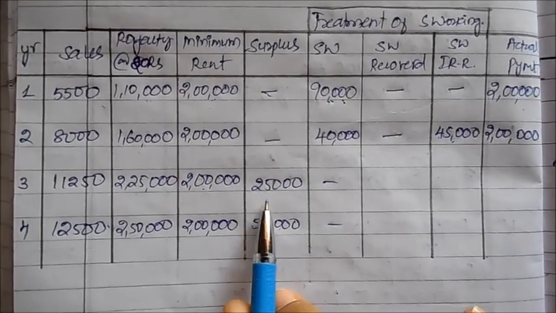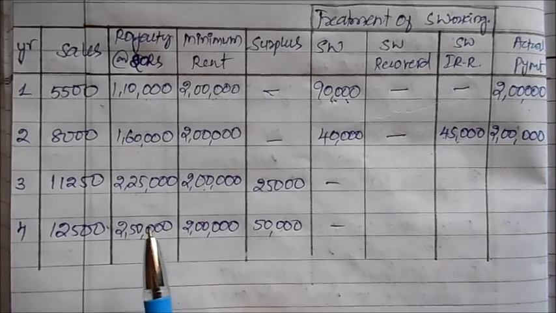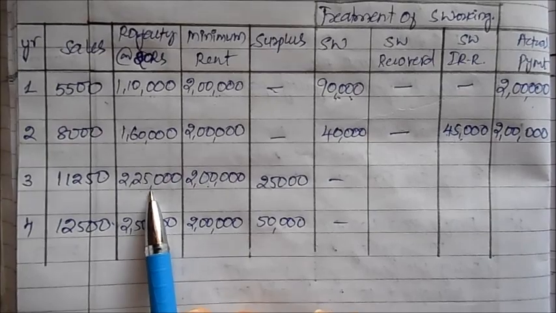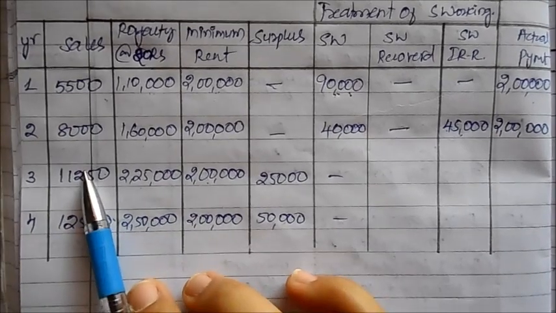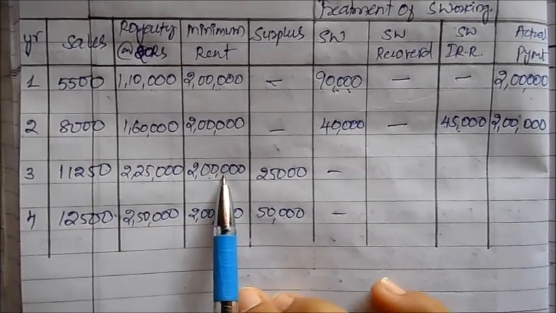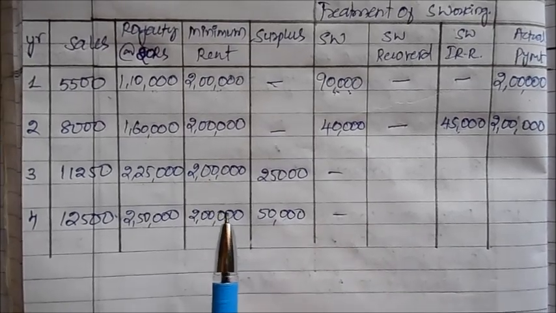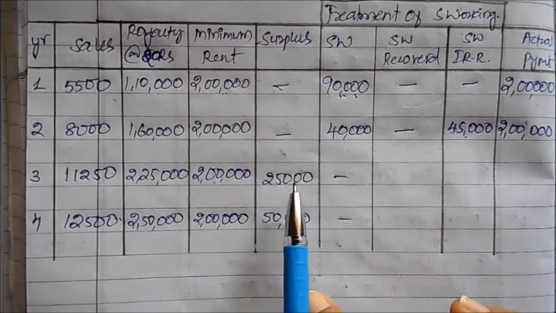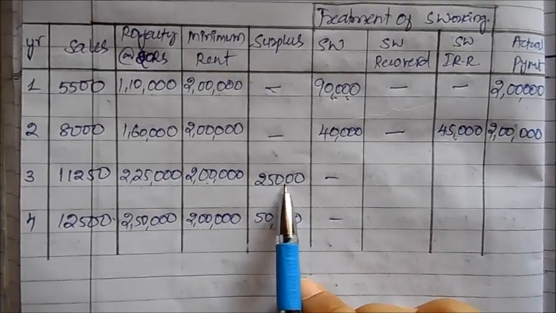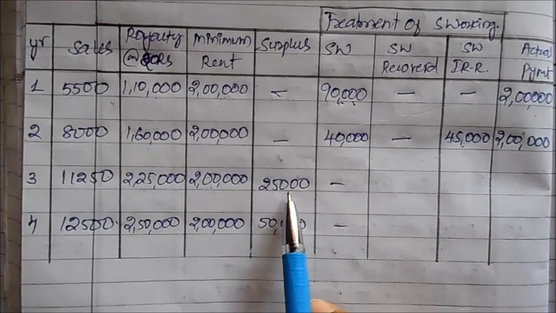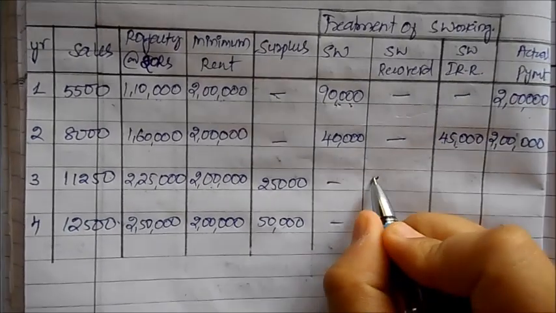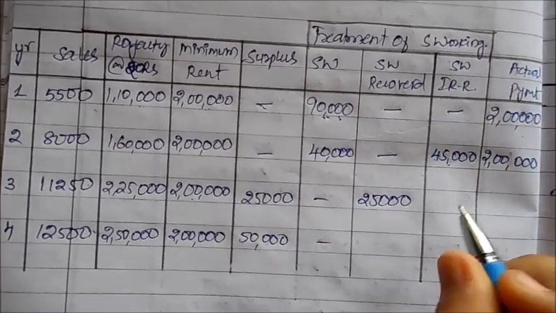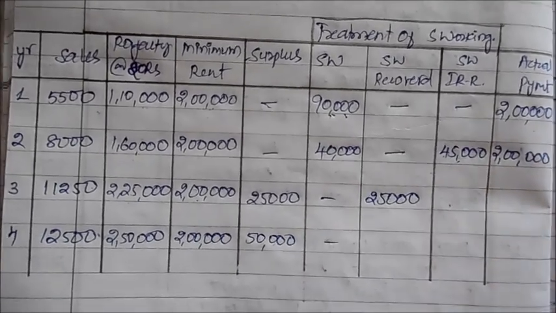Now the third one, a little bit extra important. The best part is, from the third year there was something good. Whatever quantity I sold is really high. Whatever I actually had to pay depending on the sales was more than the minimum rent. Now I have the privilege of recovering whatever extra expense I incurred in the previous year. How much can I actually recover? Only to the extent of how much profit I have made. So I can recover 25,000.